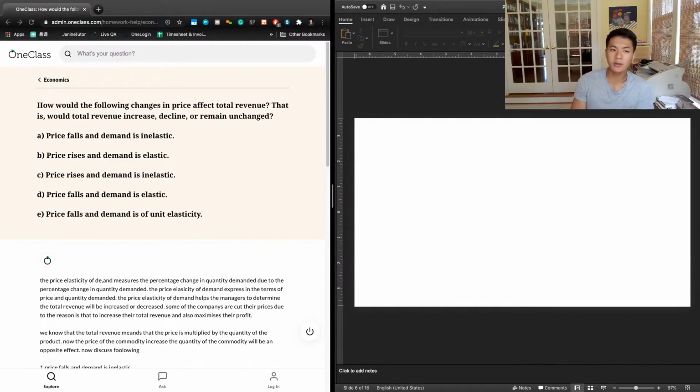So for a demand curve where price falls and demand is inelastic, we know that a fall in price is definitely going to drive up quantity demanded. But because demand is inelastic, we know that the price fall will be greater than the quantity increase. We know this because this is given to us in the equation for